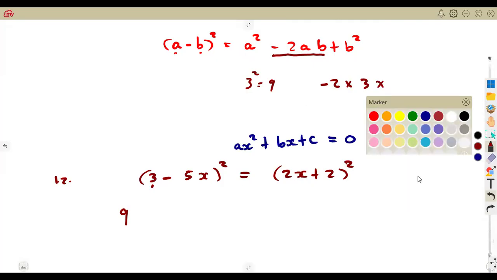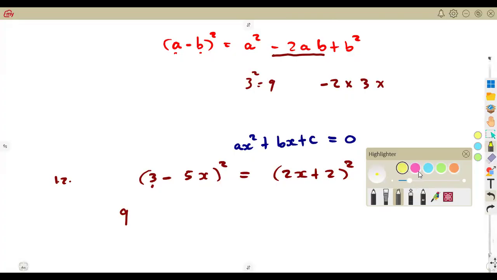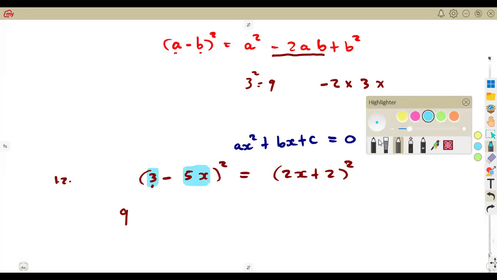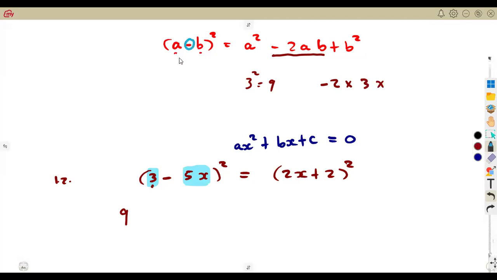Let me properly indicate here so that we'll be together. So this is what I'm trying to say here. This is your A. This is your B. All right. The sign, the minus there, is already included in this identity. So do not include that in your calculation. You take this one as your A, this one as your B. Take note. All right. So I was saying here, the identity says we are supposed to have minus 2 times